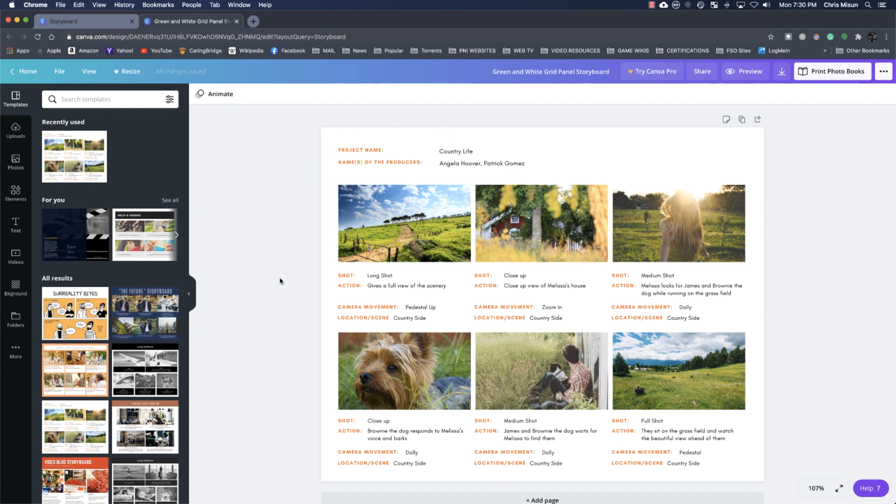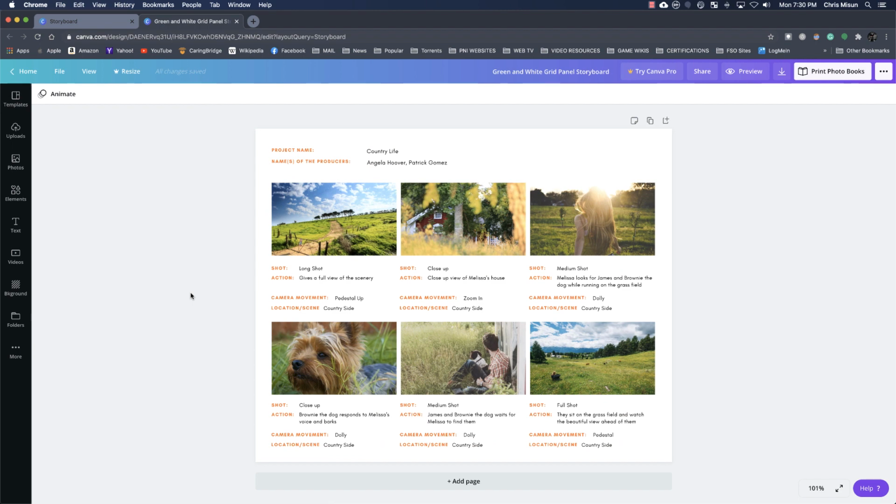So since this is the project that we're working with, we're going to go ahead and take this template pane, and if we click this button right here, you can see when we hover over it, it says to hide. It also has a quick key for Command or Apple key and backslash. So let's go ahead and click that, and now we can kind of see our entire project happening in front